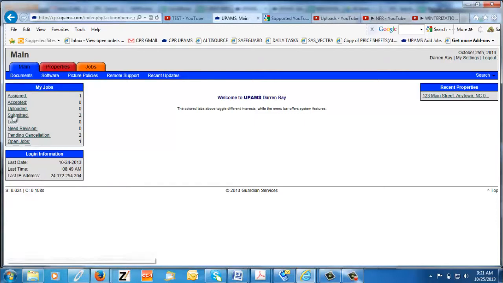The next bucket is the accepted bucket. These are jobs that you have accepted from the assigned bucket and have agreed to complete. The next bucket will be the submitted bucket. This submitted bucket shows the work orders that have been assigned to you, that you have accepted for completion, and that you have completed and uploaded into our system